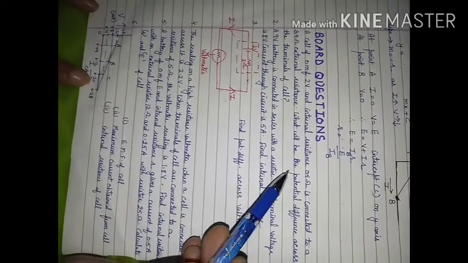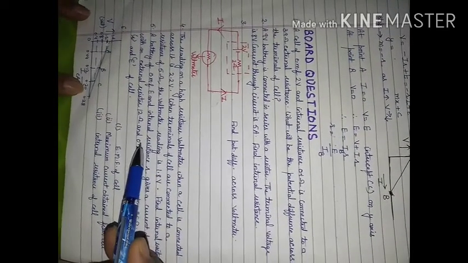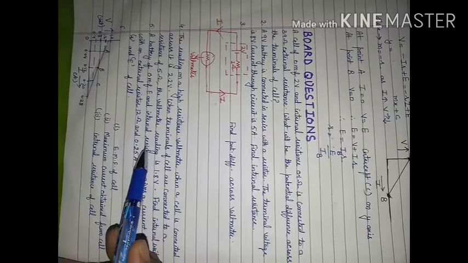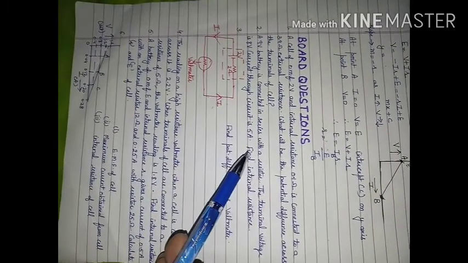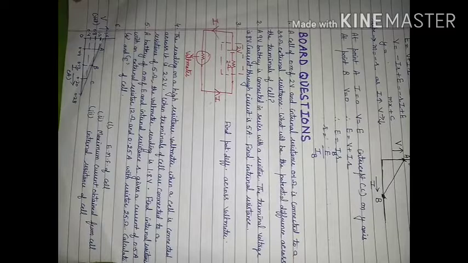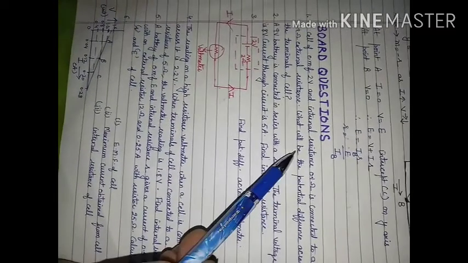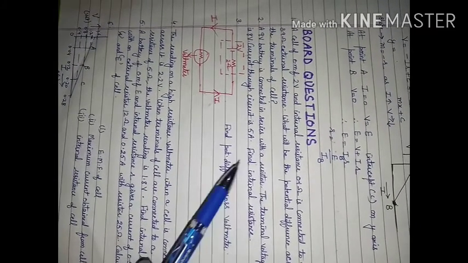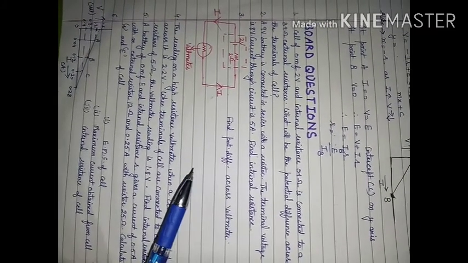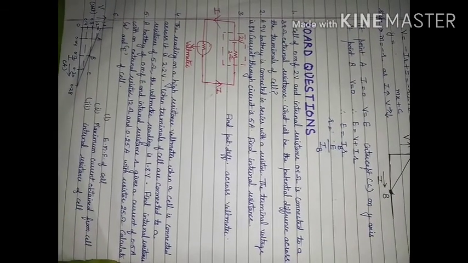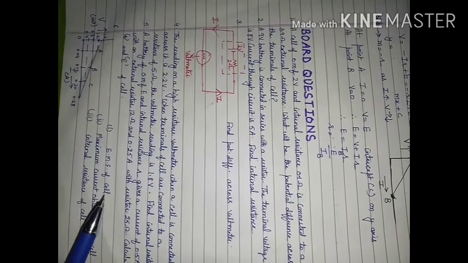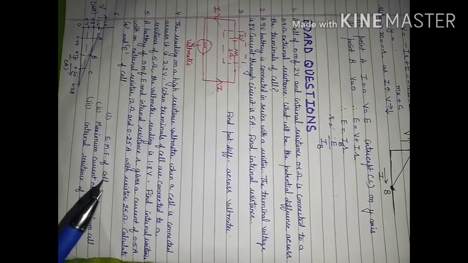These are a few board questions which I have given you to practice, and the formulas which you can apply I have already discussed with you. So this is based on graphs. A few are using simple formulas, a few are very simple questions. So try these questions related to the relation between EMF, internal resistance and terminal potential difference.